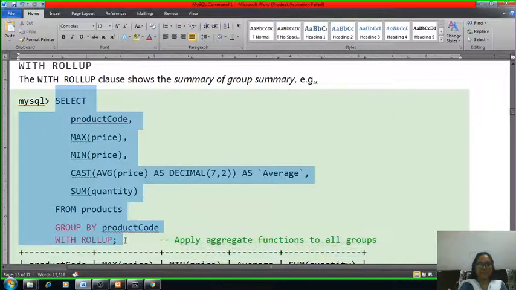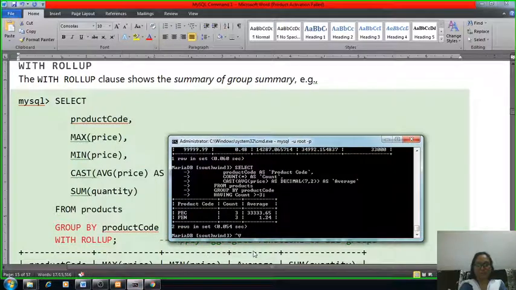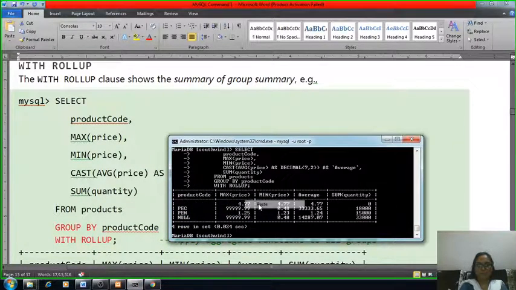We can see our group summary here. What is the product code, maximum price, minimum price, average, and the sum. So this is how roll up works.